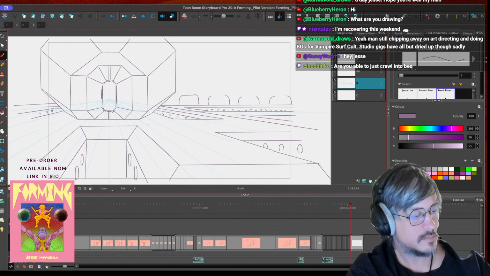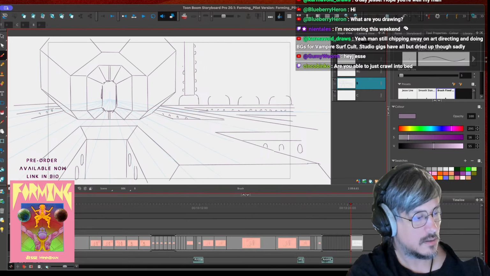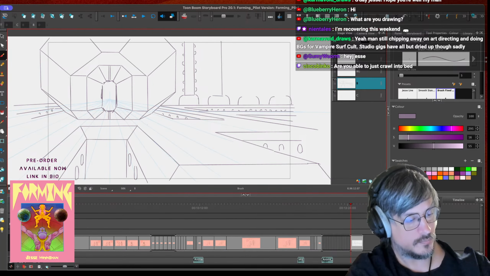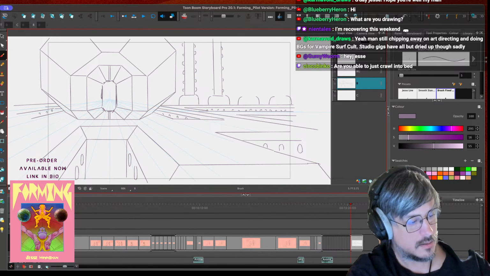Alright. And then... These things... Big, like, electrical tower kind of things. Something like that. Tank, tank, tank, tank, tank.